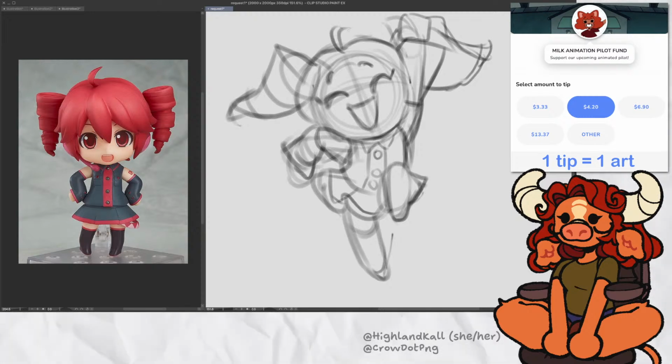From the little twirl here, and then bring this down, and let's bring the head in a little shorter like that. There we go. I'm happy with that.